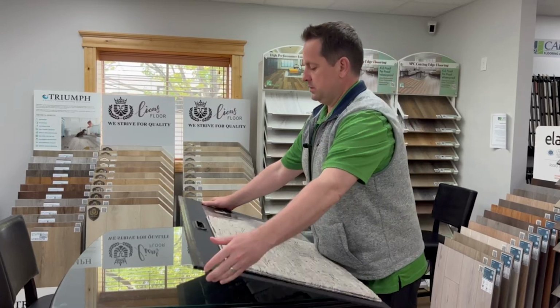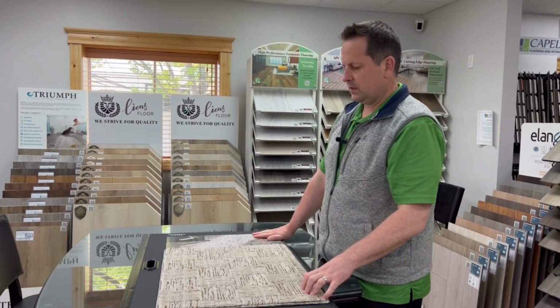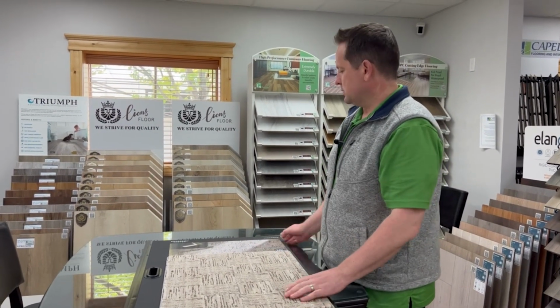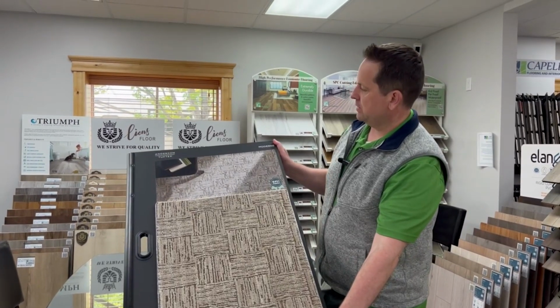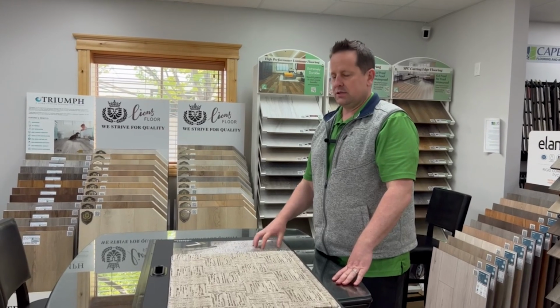Tuftex usually has a lot of design pattern, and they usually have cool looking carpet. So anyway, this one's called modern or moderne, depending on who you talk to, probably. And but yeah, if you're interested in this or other